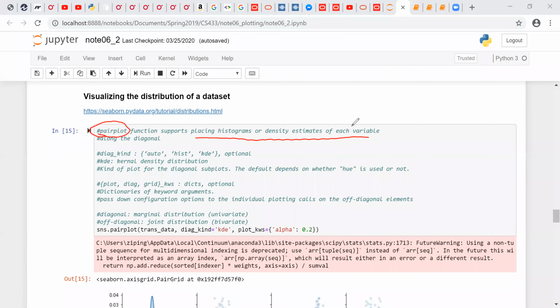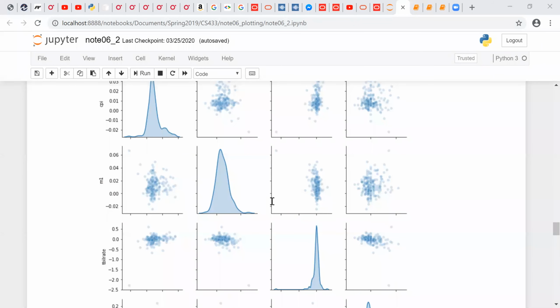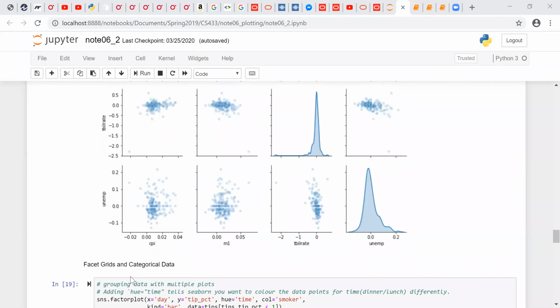Over here, it shows us an example. It's still regarding that economics data. In the economics data, we have CPI, we have M1, the T-bill rate, and the unemployment rate. So you have 4 features. Even from this glimpse, you can see, in one plot, you have multiple